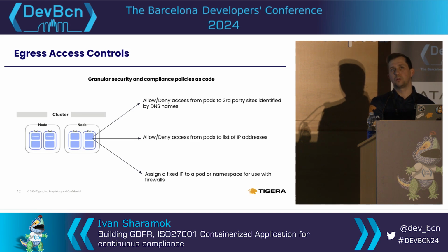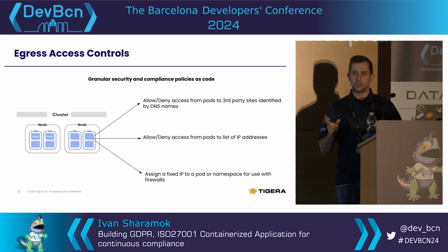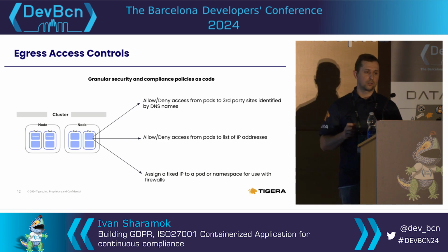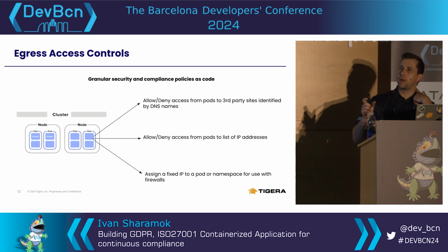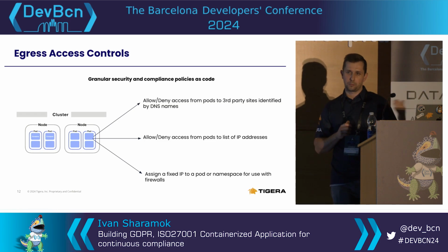So we provide something called egress gateway, where you can assign a static, known IP and map it to a namespace or down to a specific pod, because it uses the same concept of labels, using labels to map which pods will carry that IP outside of the Kubernetes cluster.